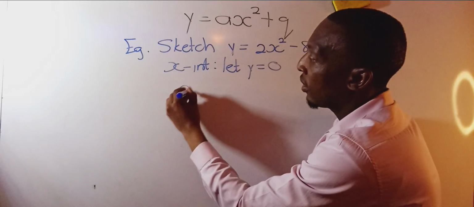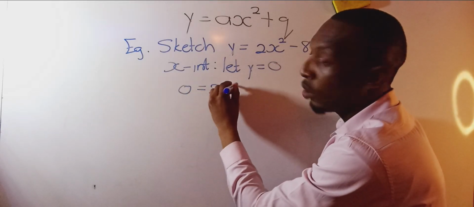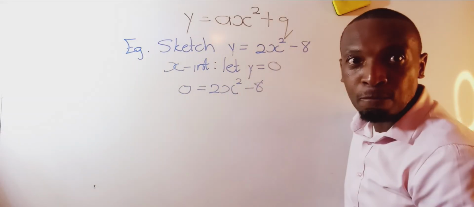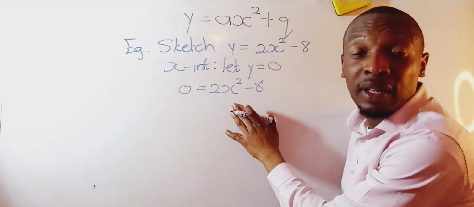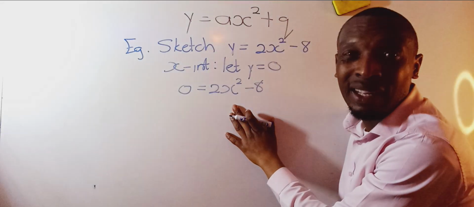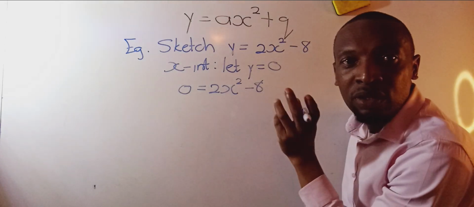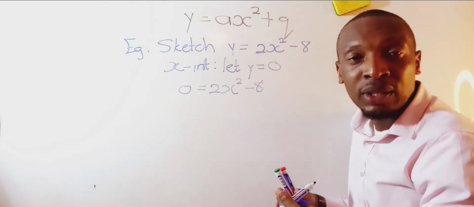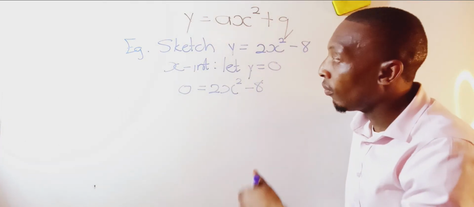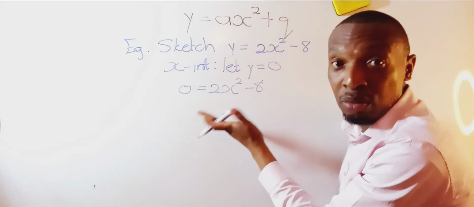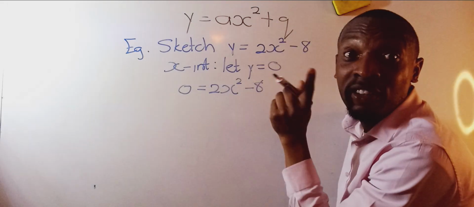So it's going to be 0 is equal to 2x squared minus 8, right? I've now got a quadratic equation and I need to solve for x. Remember, when solving quadratic equations, you see now the topics are connecting, are coming together. You must make it equal to 0, which we've already done, and then you must factorize,